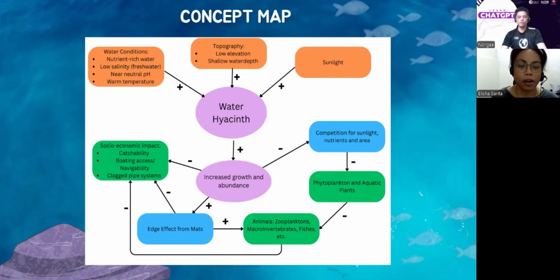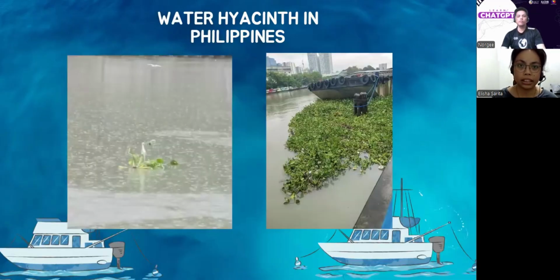However, in terms of the social relevance or how it affects humans, it has a somewhat negative impact because it becomes difficult for boats to navigate the waterways. It also causes clogging of pipe systems and decreases catchability of other aquatic organisms. So in a way, we're weighing down its negative as well as its positive impacts to the social, economic, and environmental aspects. That being said, we do have photos here that represent the negative as well as the positive side